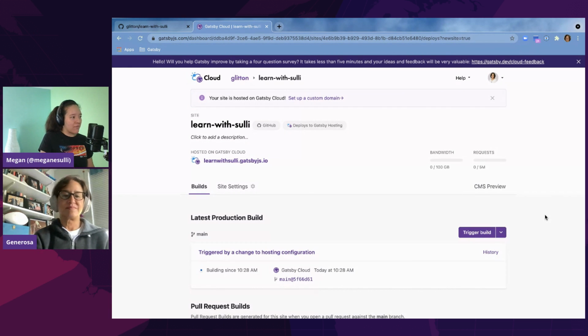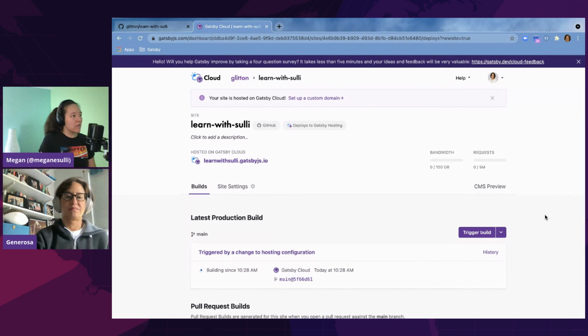So right now we only have the one build that was triggered. But as you push new changes to your GitHub repo, Gatsby Cloud will see those changes,